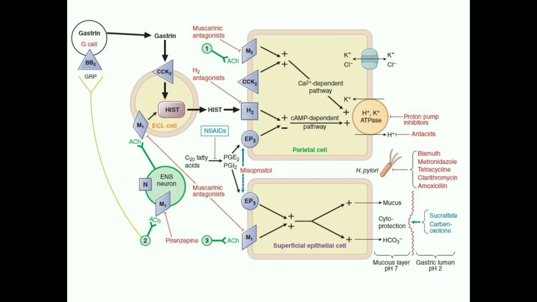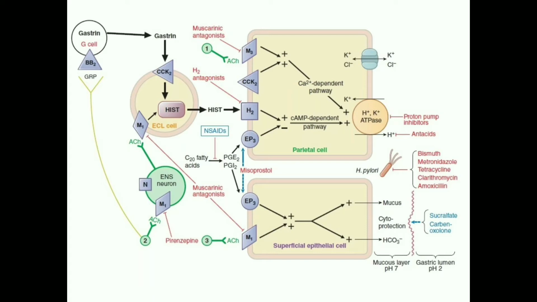So with this diagram, we could summarize how gastric acid secretion takes place and what are the offensive and defensive factors. This is the parietal cell, and on its apical membrane towards the luminal side, the hydrogen-potassium ATPase or proton pump is present, which secretes H ions into the lumen, which bind with chloride ions and form hydrochloric acid in the lumen. So this proton pump is the most important last step, or the final step, in acid secretion.